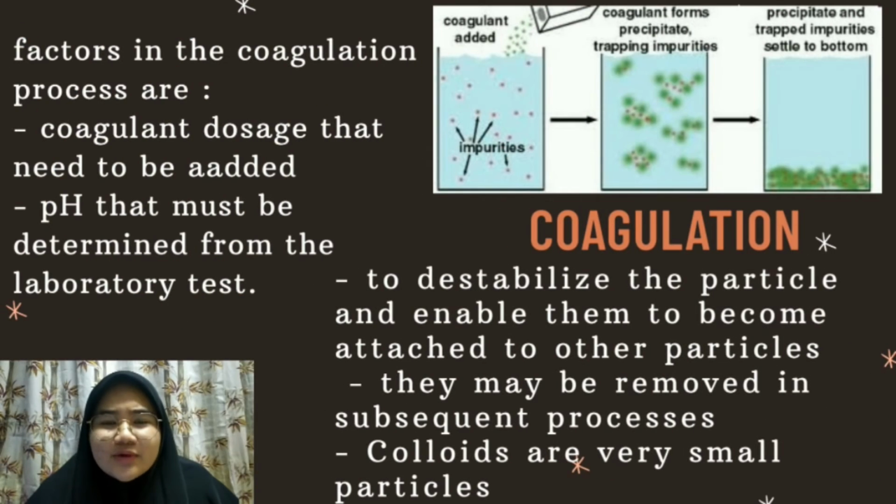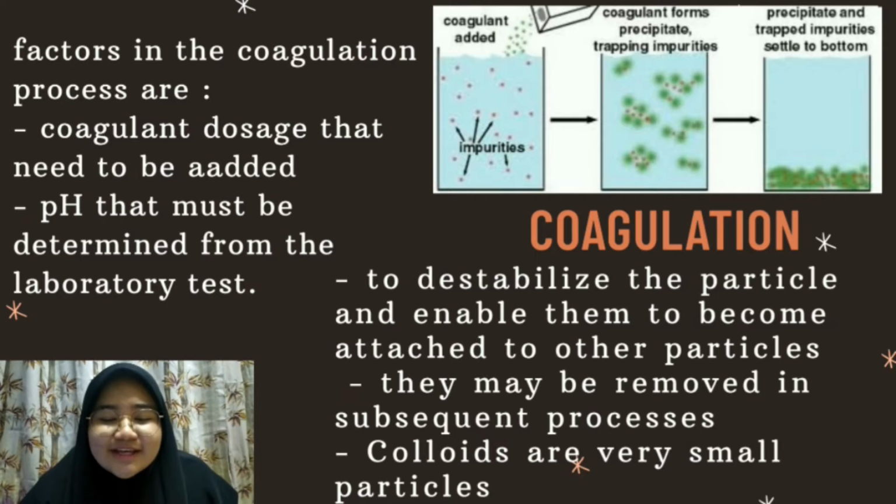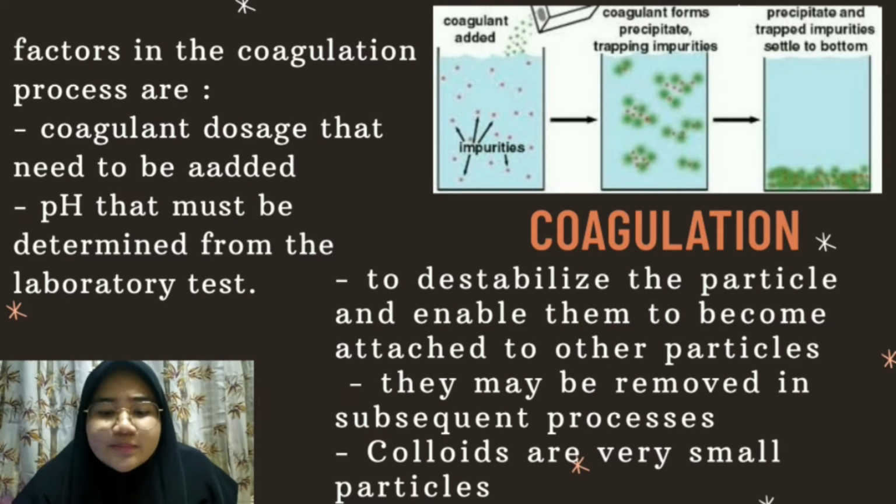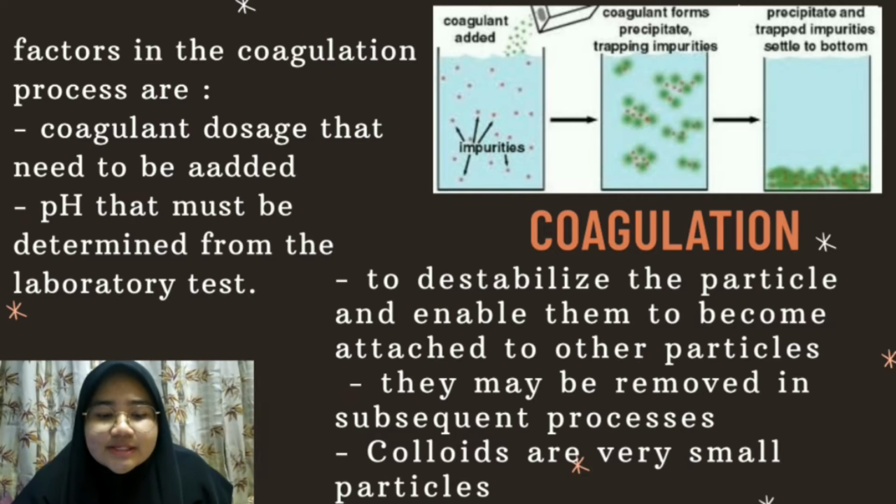The third water treatment process is coagulation. The coagulation is to destabilize the particles and enable them to become attached to other particles so that they may be removed in subsequent process. Colloids are very small particles, and cannot be removed by either sedimentation or filtration. The important factors in the coagulation process are coagulant dosage that needed to be added and pH must be determined